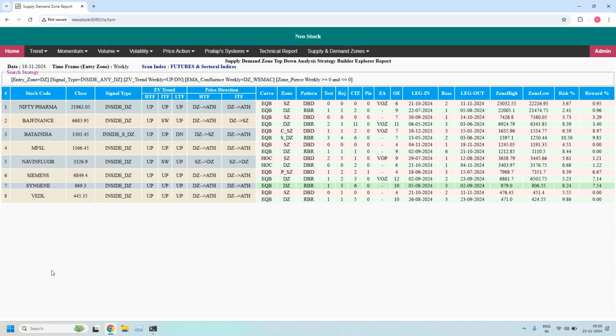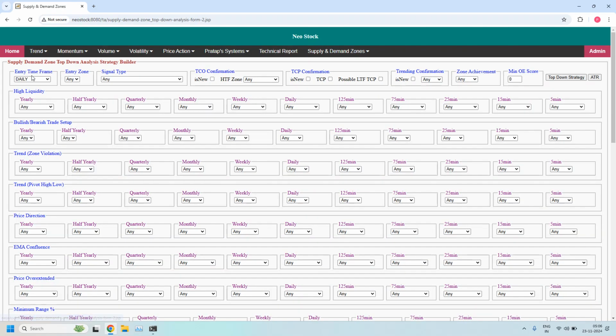Okay, this is about a weekly where price closed inside the weekly demand zone and also having weekly EMA Confluence. The demand zones having weekly EMA Confluence with the trend either up or down trends. Okay, next for weekly time frame,